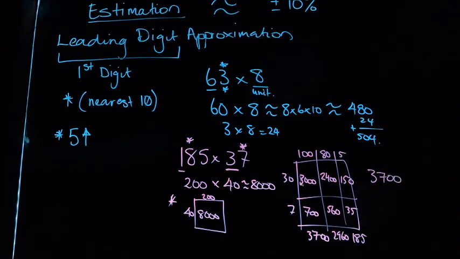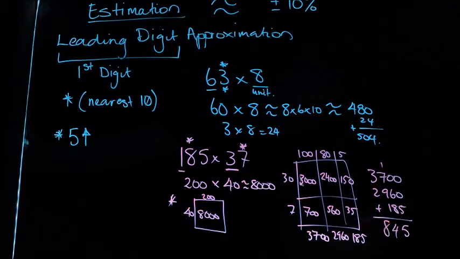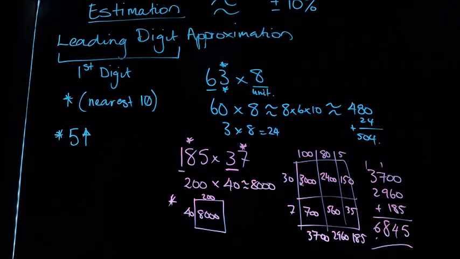You can see, hopefully you can see why this technique's so useful, because suddenly things have got a little bit grindy here, and we are having to do a lot of work. That's 17, add 1, 18, carry the 1. There's the actual answer right there. So the leading digit approximation is a good technique to arrive at an answer,